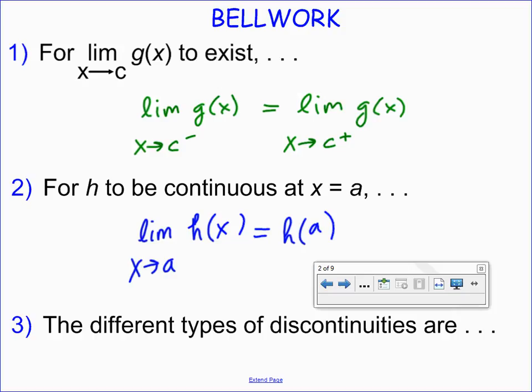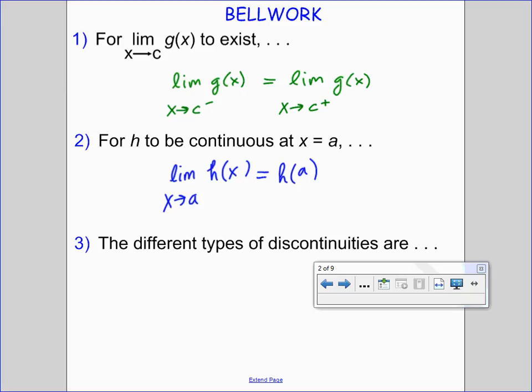The different types of discontinuities, goodness, we've got a lot. And so what's one type of discontinuity that we have? Preston? A step discontinuity, a step or a jump discontinuity. And we know that that's an instance where the overall limit does not exist. And so if we're considering a step discontinuity, we know